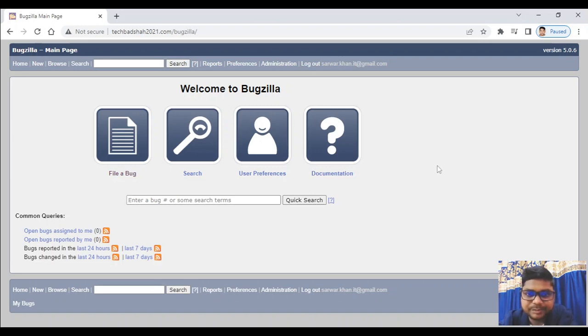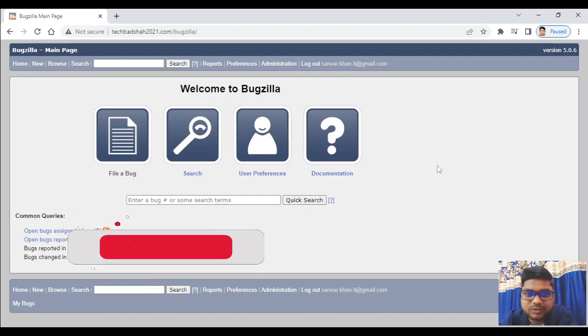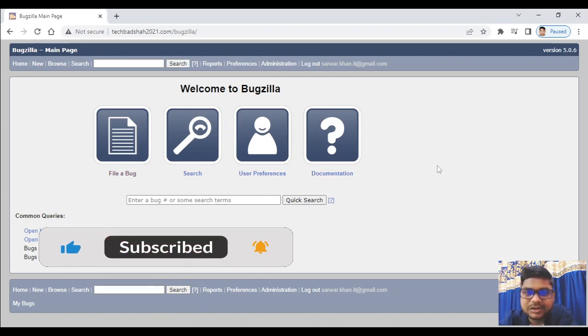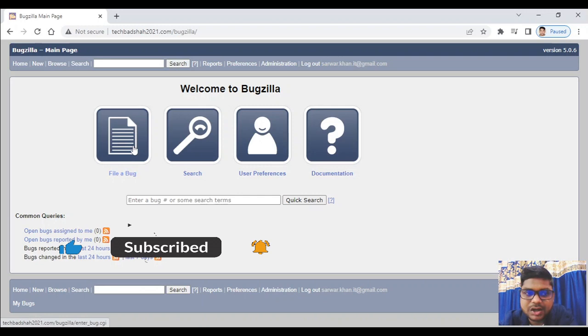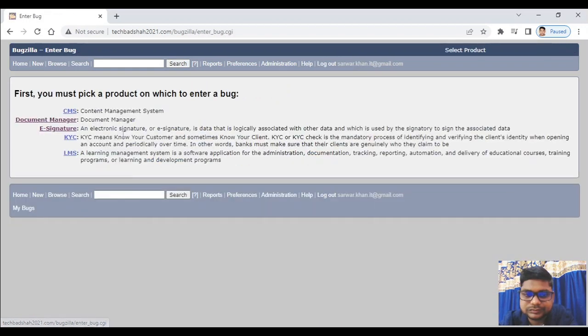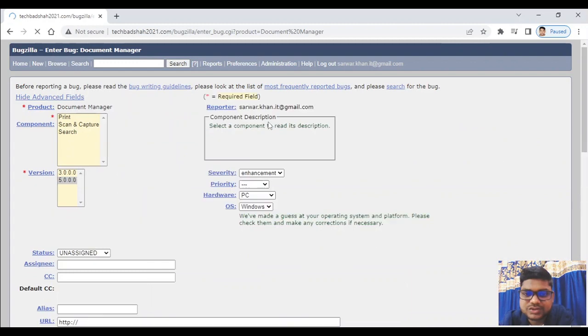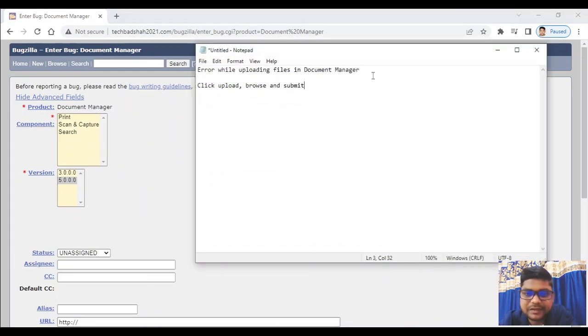Now we are back to the computer screen. Let's see how alert works while you file a bug. To be able to file a bug, simply click on file a bug or you can click on new. I will click on file a bug. I will choose the product as document manager. You can choose any product that you have. I have just kept this